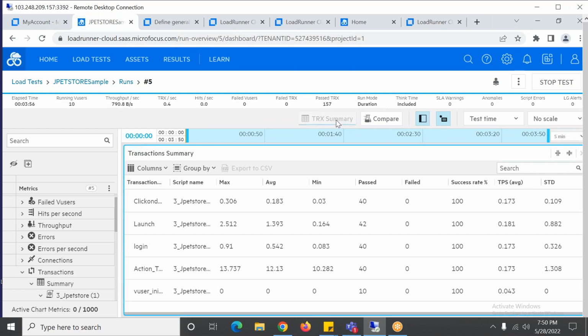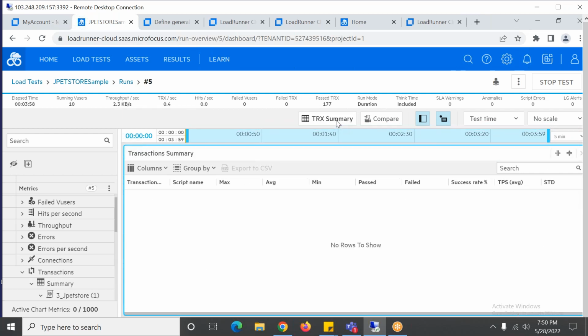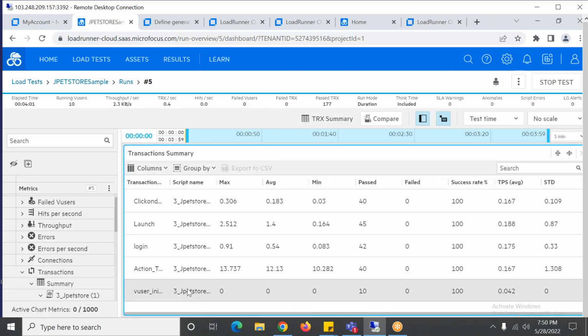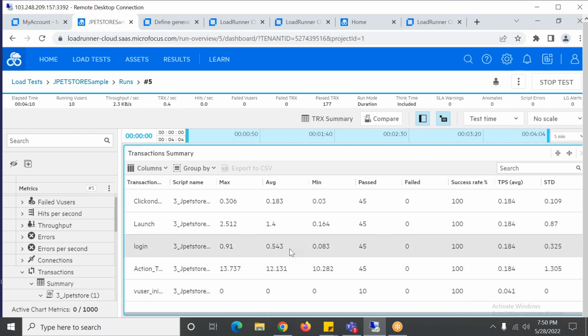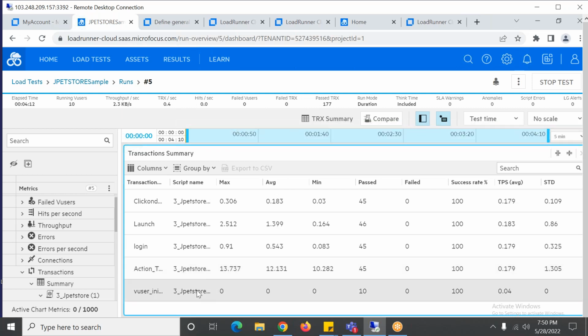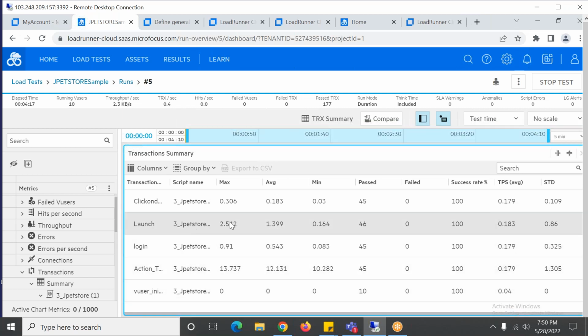And how can we avoid the last two transactions, the transaction view and user initializations? In LoadRunner, we have an option in the miscellaneous runtime settings, right? If you disable it, okay. Here also the same setting is there, right? Yeah, here also the same settings.